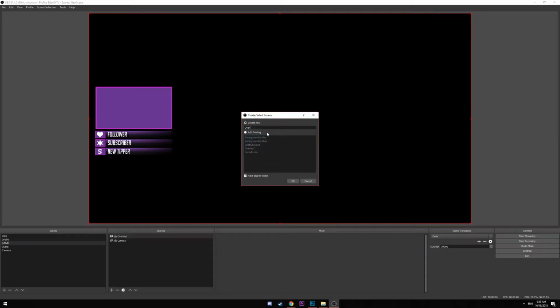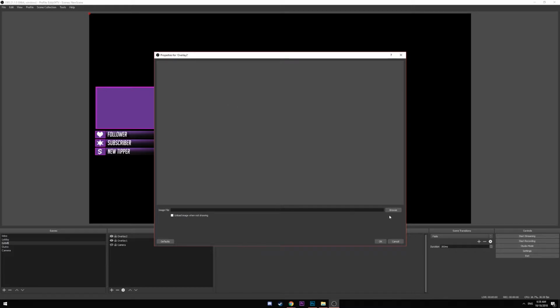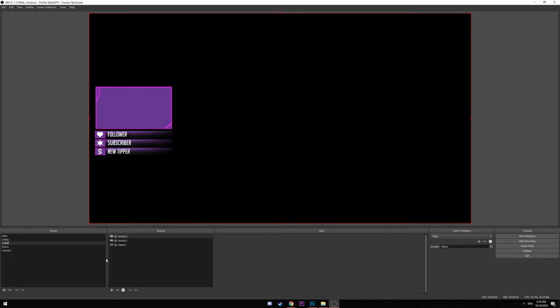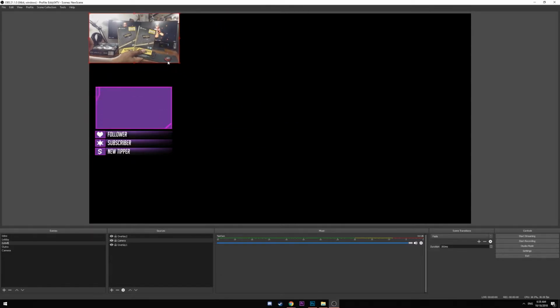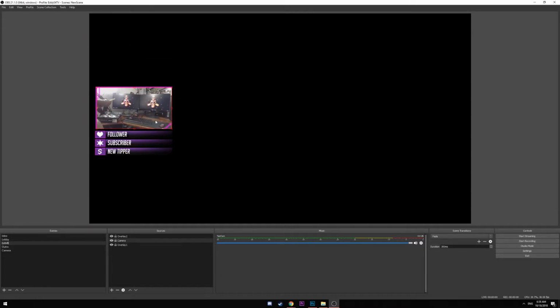You can see both of them are there, and just add the camera, turn it back on, resize it to where I need it to be. There we go. Very straightforward, very simple. And then last but not least, if I turn my game back on,